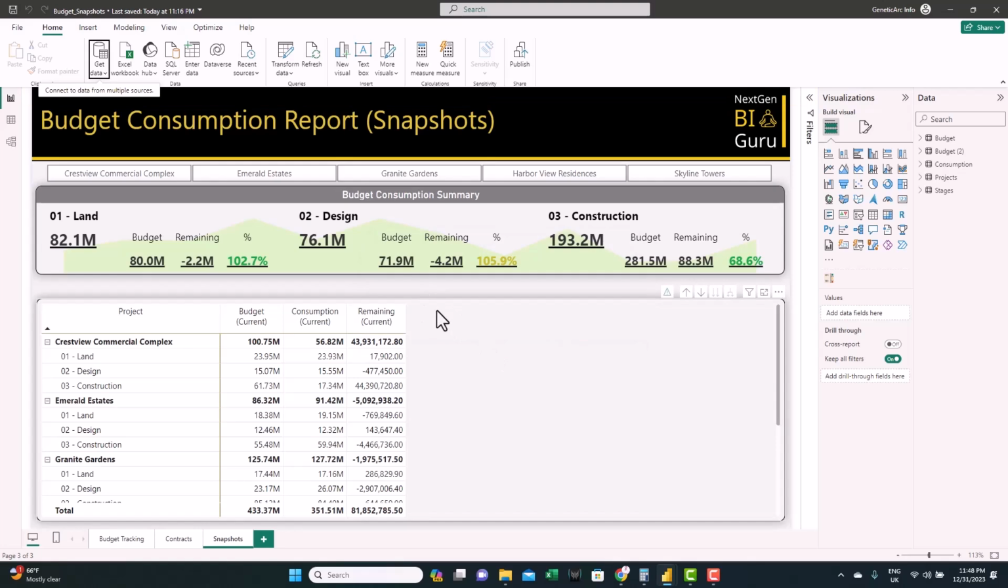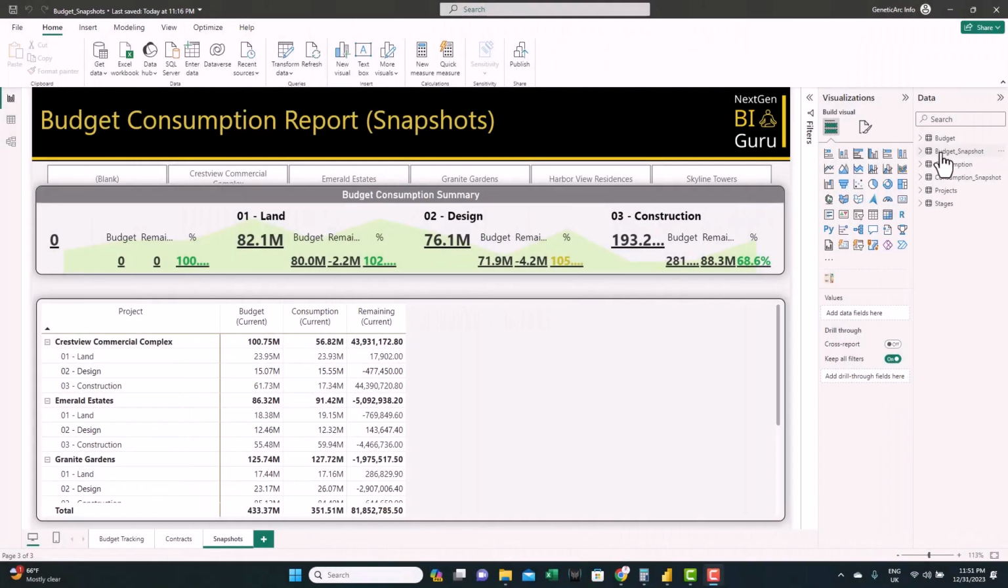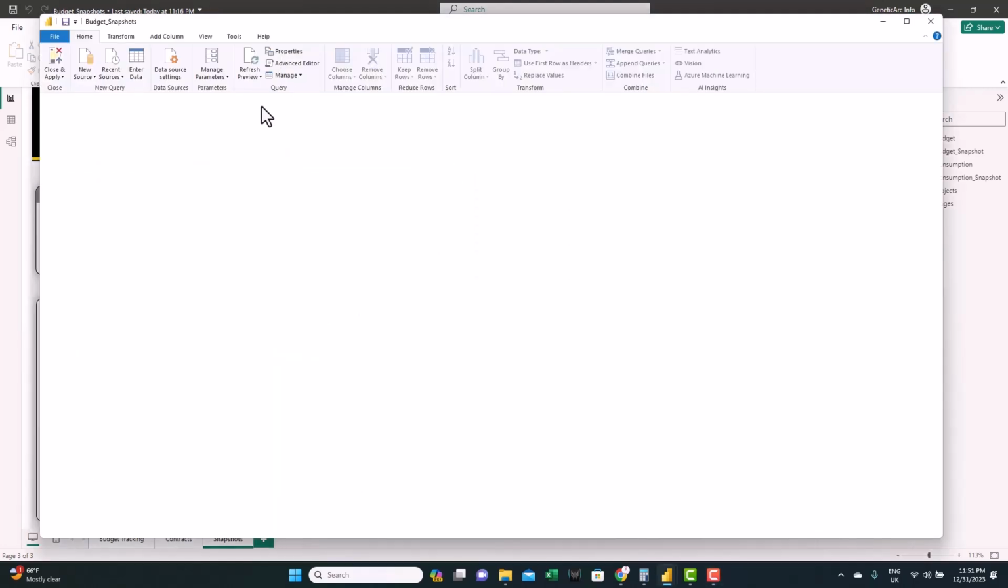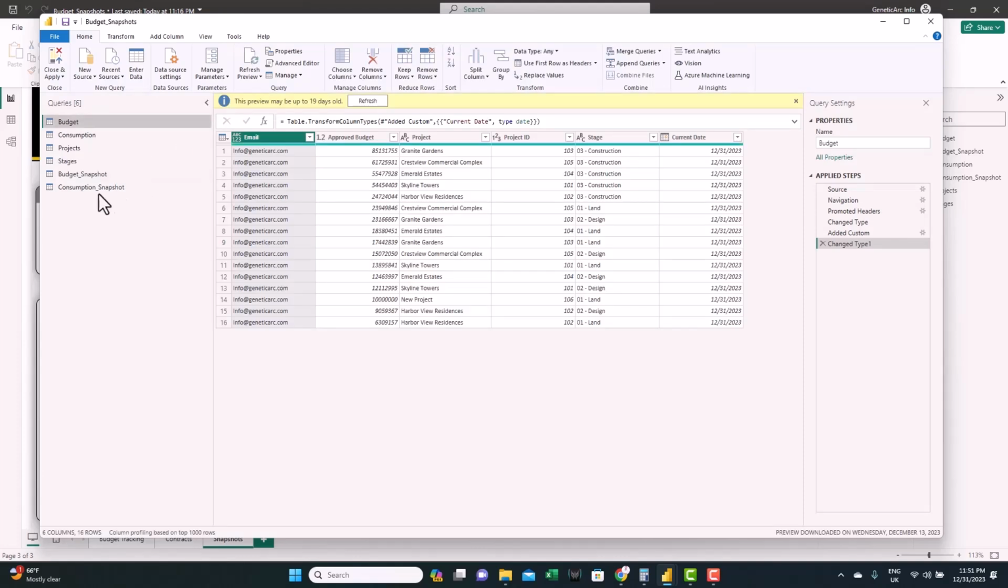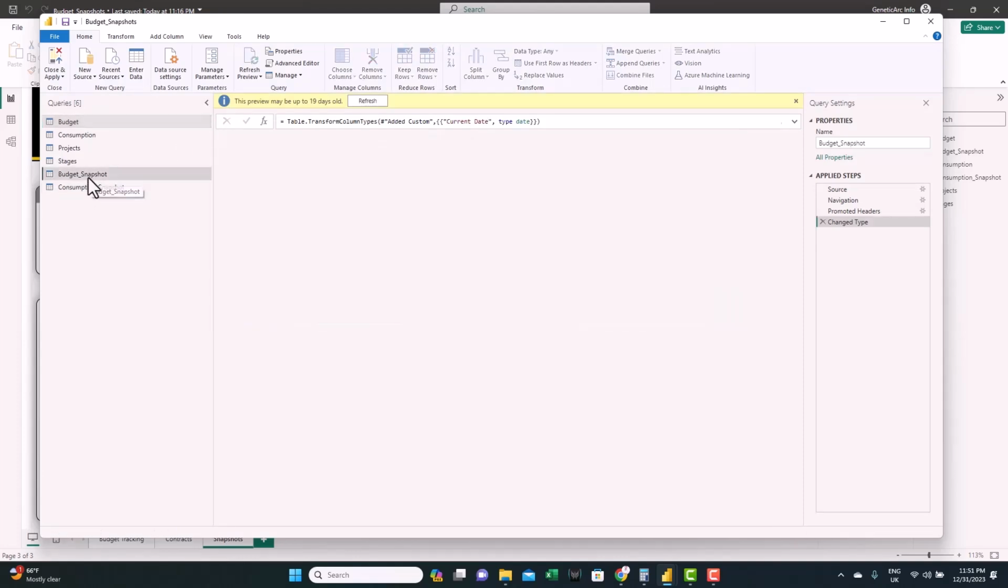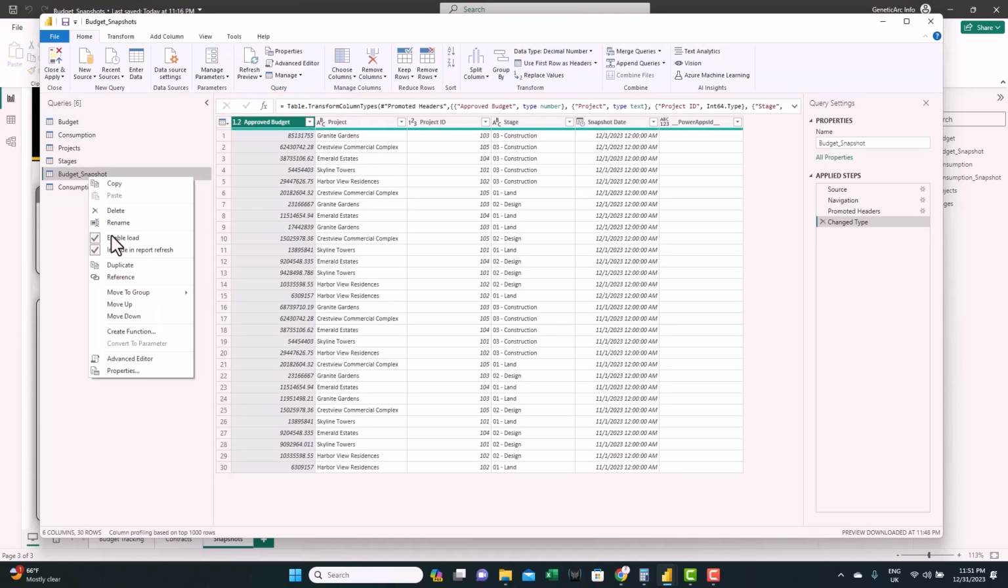And we need to do the same for the other Google Sheet. So here we go. We have the two sources added, the budget snapshots and the consumption snapshots. We need to add one simple table through data transformation. Go to Transform Data and reference one of the two snapshots databases. Let's reference the budget